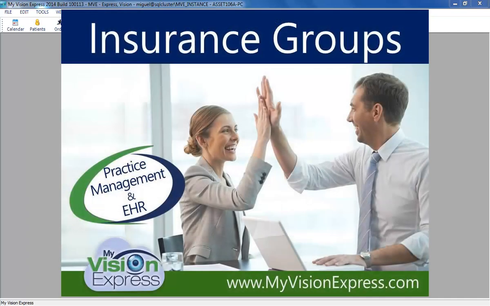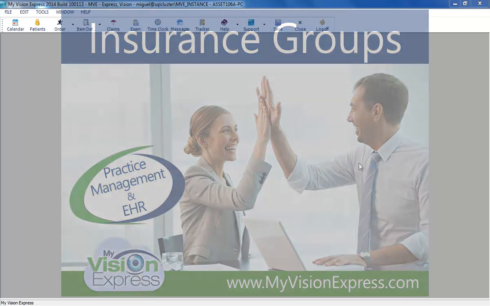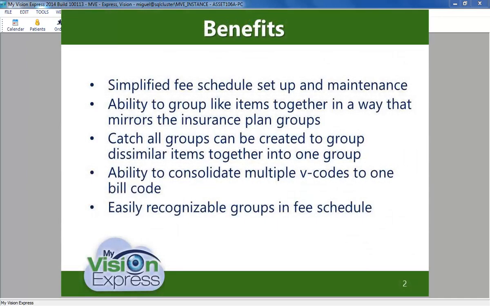This video tutorial will guide you through the setup of insurance groups in MyVision Express. This new functionality will simplify the setup of insurance fee schedules by allowing you to group like items together in a way that mirrors the insurance plan. You'll also be able to consolidate multiple procedure codes to bill out as one and create catch-all groups that contain